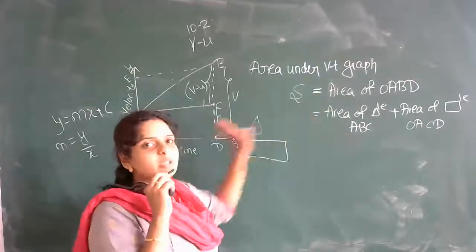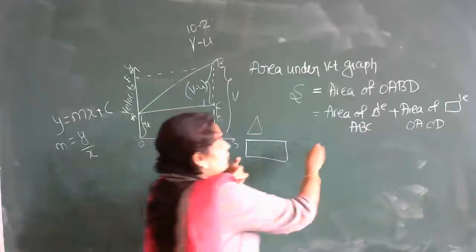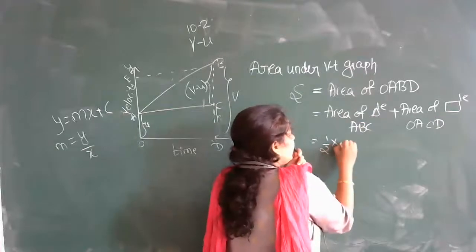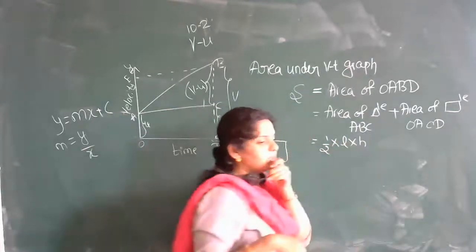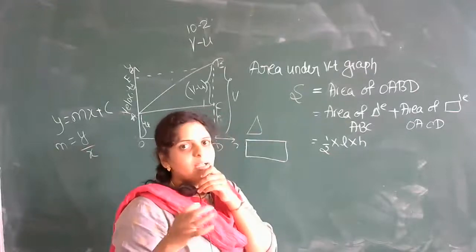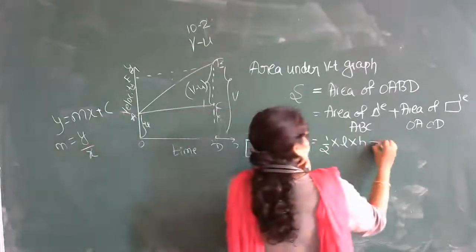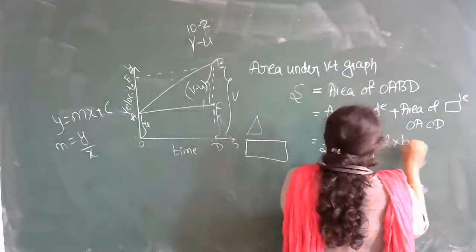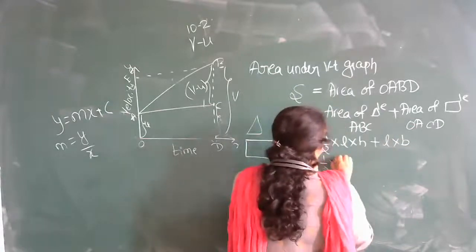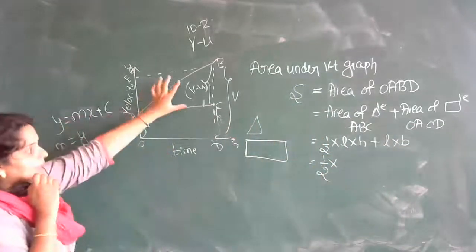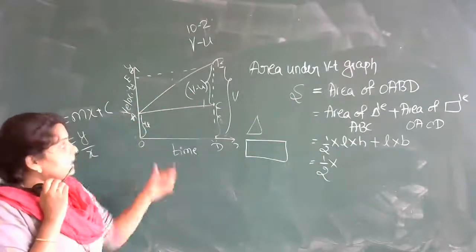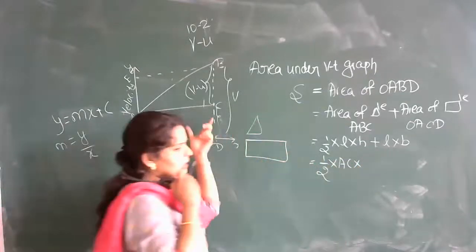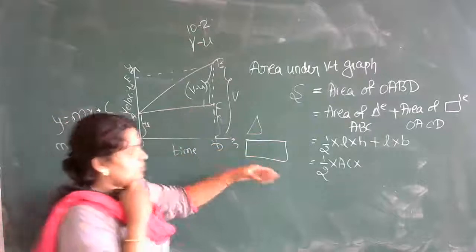So I am just substituting according to the diagram. If you want, I'll write the formula. Area of triangle is given by half length into height, correct? L into H or B into H you can take, breadth into height you can consider, plus the area of rectangle, which is length into breadth. This is equal to 1 by 2 into, so in the triangle ABC, AC is your length, into, or you can consider base, that is length into breadth if you want.